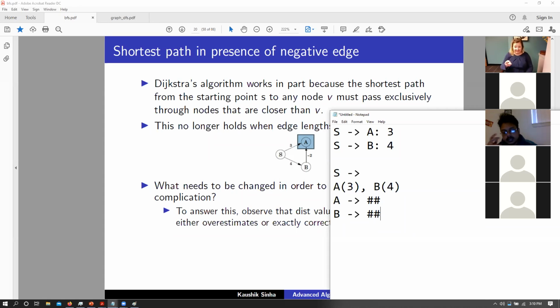Right? So what can we do in order to fix this particular problem? Well, the only reason that Dijkstra does not